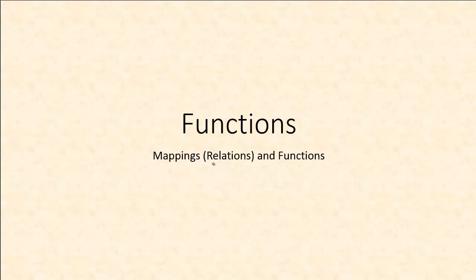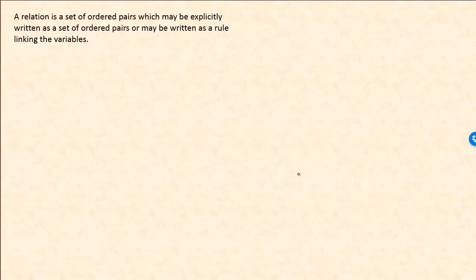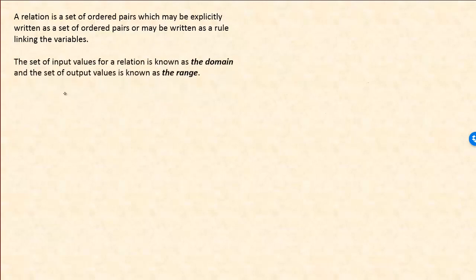Mappings, which are mainly referred to as relations in the literature for the course, and functions. A relation is a set of ordered pairs which may be explicitly written as a set of ordered pairs or may be written as a rule linking the variables. The set of input values for a relation is known as the domain, and the set of output values is